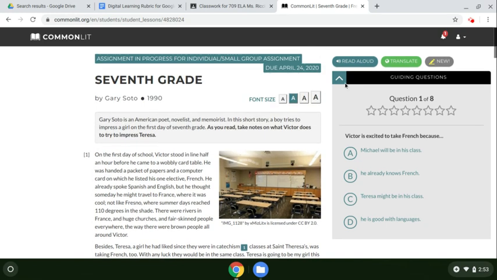There are a lot of really cool functions here in CommonLit. You can change the size of the text so that you can better see it if it's easier for you. There's also a read aloud option if you want to have the text read to you or a portion of the text read to you. You can click read aloud. You can either hit play for it to play through the whole thing, or you can click on the first